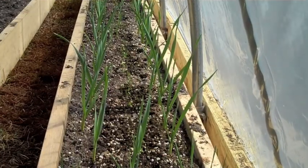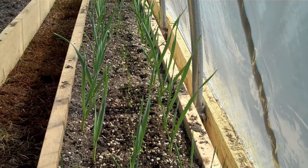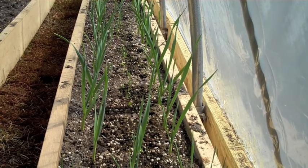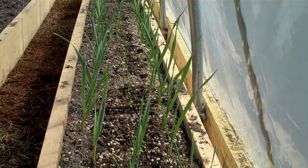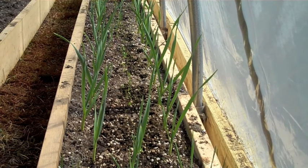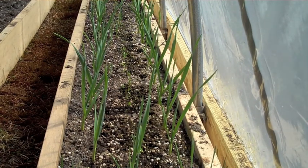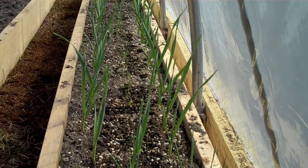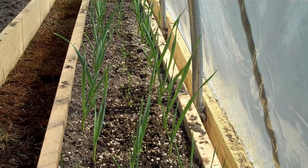Well, this is the row of garlic that was planted in here last October. It's doing very well. I would say most of the plants are 10 inches tall or more. And if you remember a few videos ago, I planted parsnip seeds down the center, and they've come up very thickly. I had watched a couple of videos, I think English gardeners, who were talking about the difficulty of germinating parsnip seeds, maybe because their soil was too warm or something. Anyway, they talked about all these tricks of getting parsnips to germinate. Well, I just planted them in the soil, and of course we've had a lot of cool weather in here, and it only took the 21 days that it said on the package that it would take,